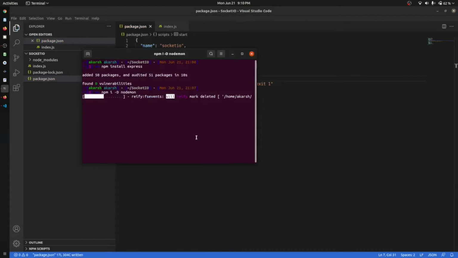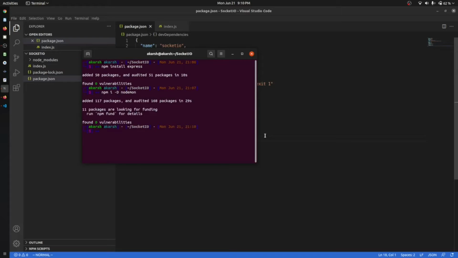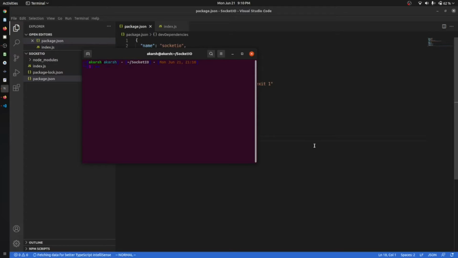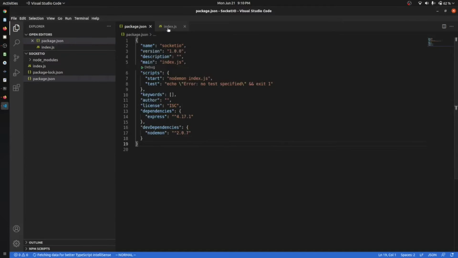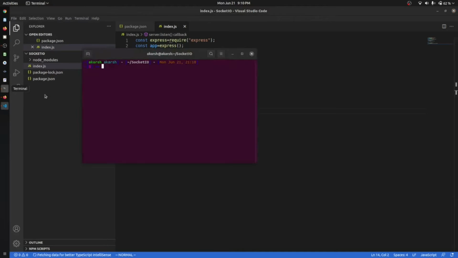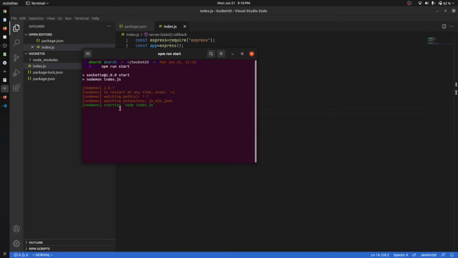Okay, so it's installing. Okay, so we have installed nodemon also. Now let's just run the code. So npm run start, nodemon index.js, and we will find the code.